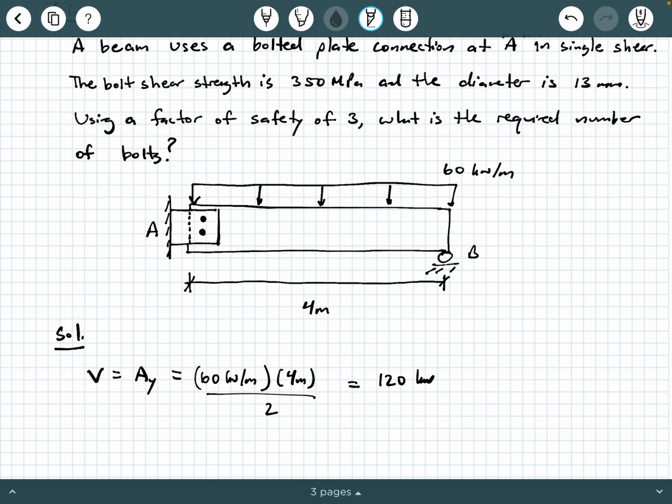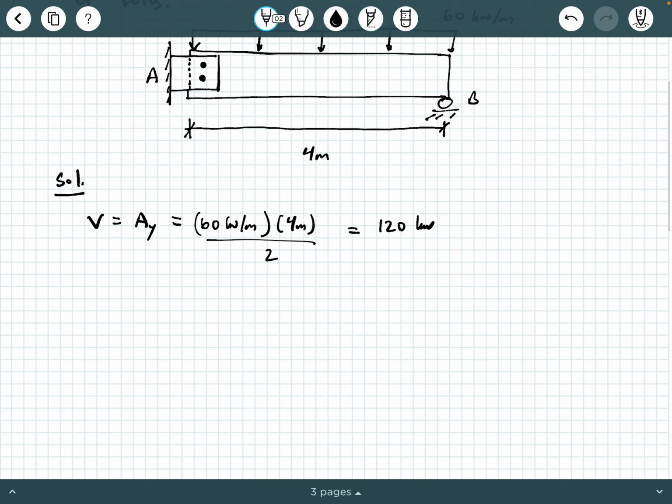So let's move on. What relationships do we have that we can use for a problem like this? We know that factor of safety is equal to a failure scenario divided by an allowable scenario. Because we're dealing with shear stress, we're going to say tau fail over tau allow. If it was bearing stress or some kind of normal stress, we would use sigma, but here we're using tau. We also know that tau allow is equal to a shear force divided by a cross-section area of the